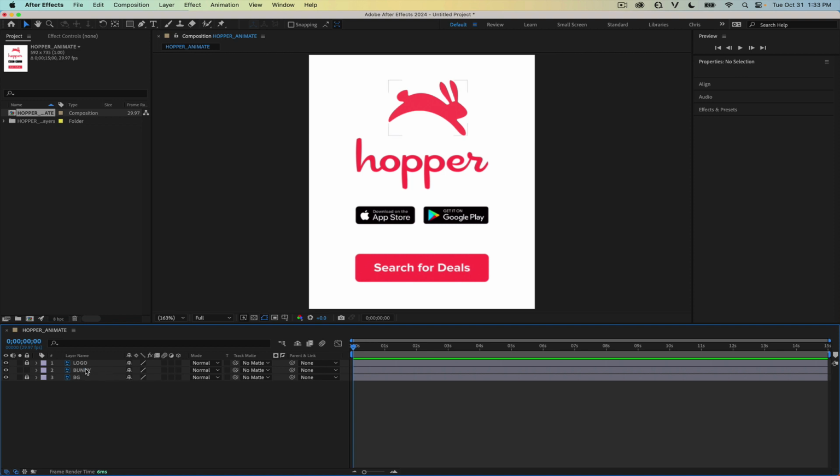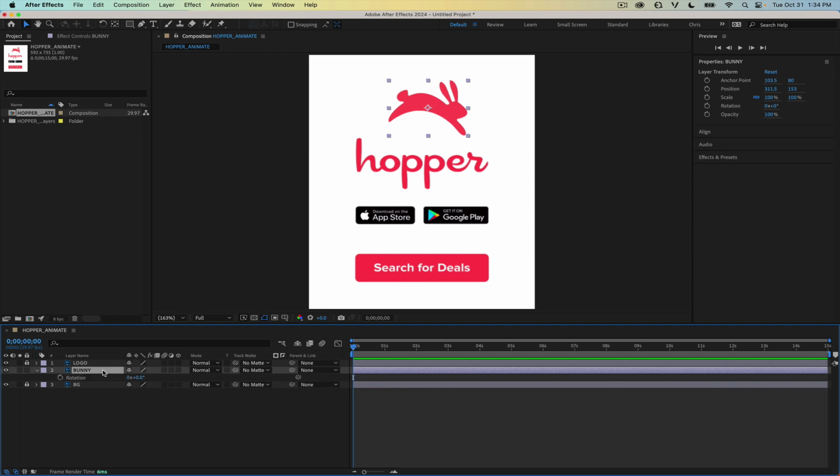When I select my bunny layer, you will see it highlighted in our composition window. Now, with the bunny layer selected in your timeline, hit R for rotation on your keyboard, and that will bring up the rotation value. The first value in the rotation is complete revolutions, and the second value are the degrees. So if I click on the second value and drag, you'll see that my bunny is rotating around its center